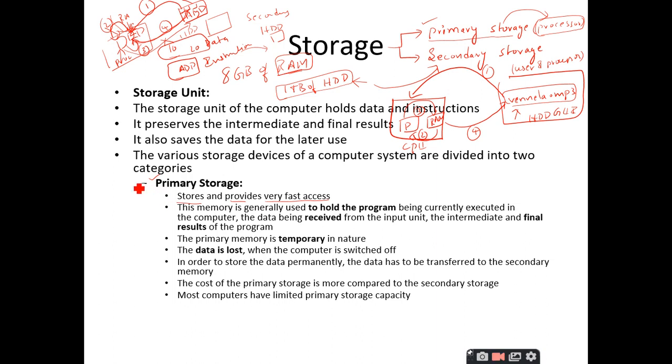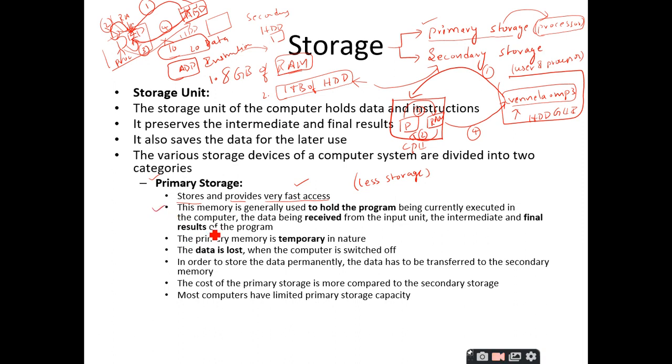Yes, sir. So, this primary memory or the primary storage is very important. It is having very fast access and very less storage will be there, very less storage. You can understand from these specifications. RAM you are going to give it with 8 GB, but this hard disk drive you are going to give as 1 terabyte. So, 1024 gigabytes is equal to 1 terabyte. See the difference between the primary memory and the secondary memory.